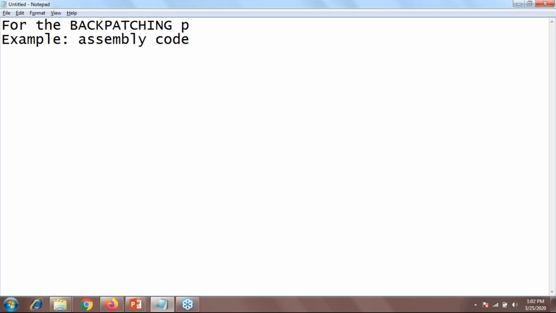Let's take an example of assembly for the backpatching or forward reference process.